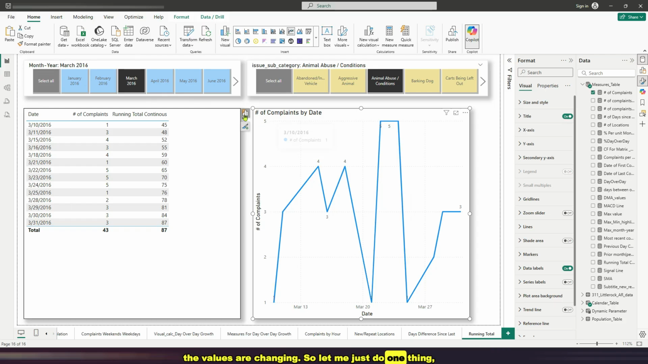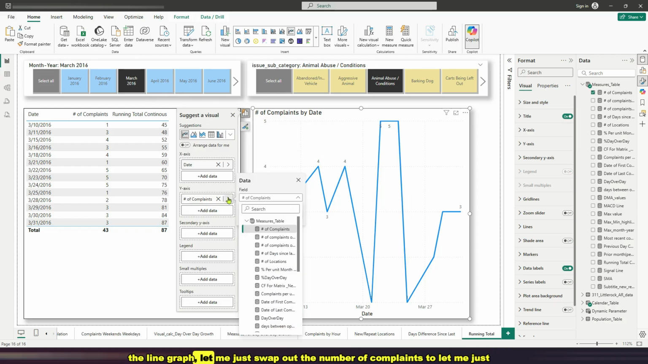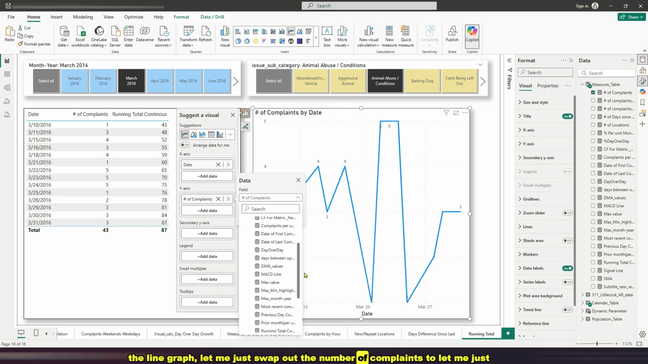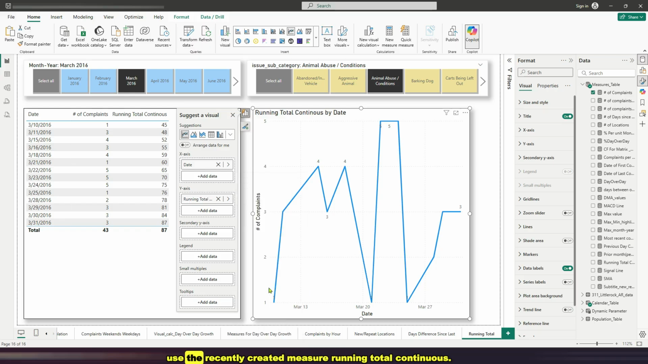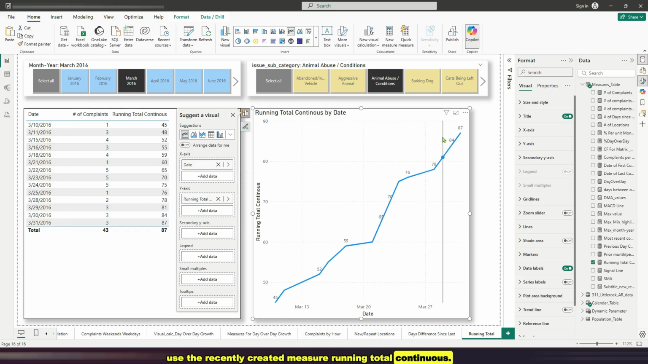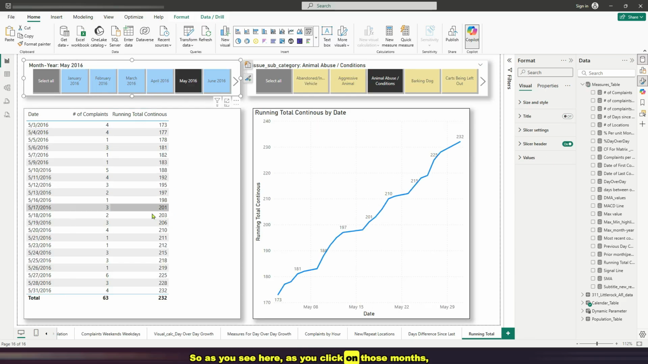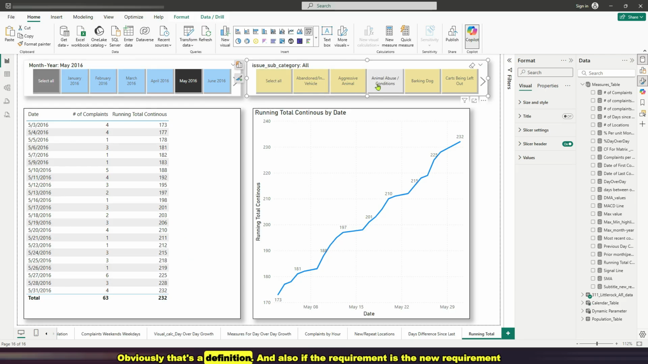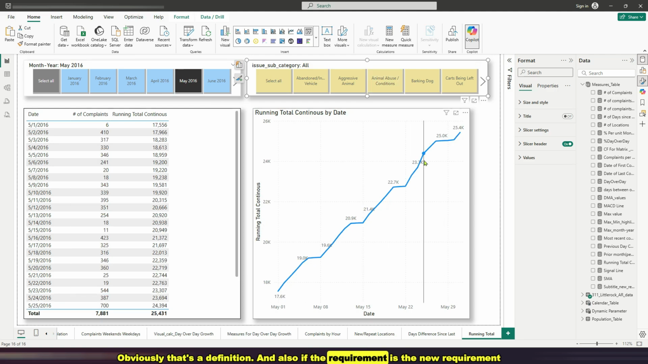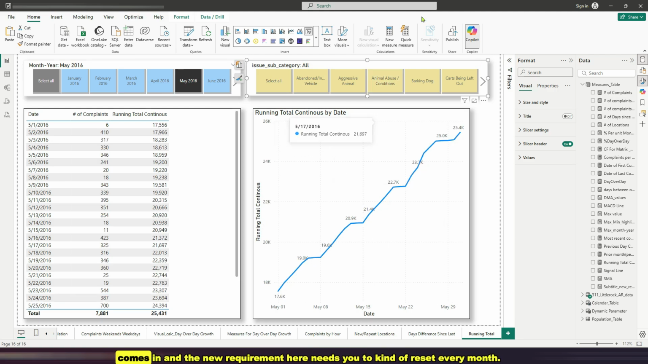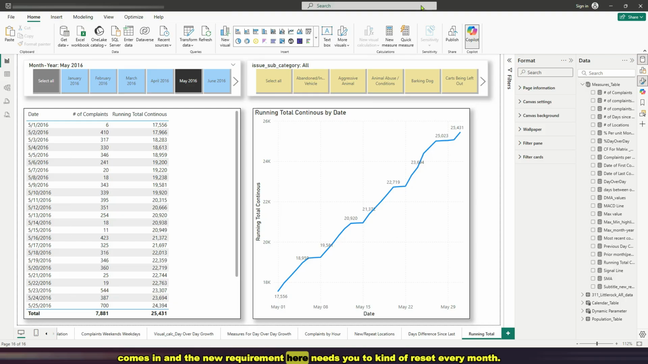Let me just do one thing. On the line graph, let me swap out the number of complaints for the recently created measure, running total continuous. So the running total continuous line graph is also ready. As you click on those months, the values are incremental for the running total. Obviously, that's the definition. Also, if a new requirement comes in that needs you to reset every month,